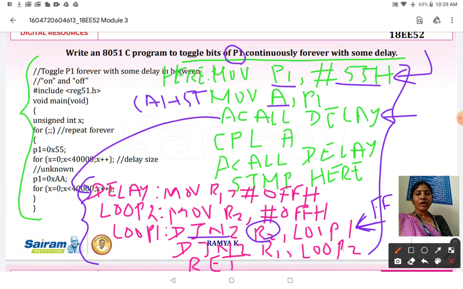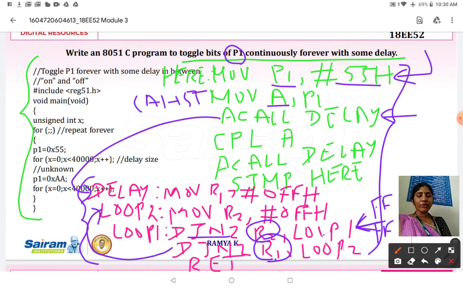So again we are decrementing R1. After decrementing, R1 will be FE. It is not equal to 0. Then if it is not equal to 0, it will go to loop 2. Once it goes to loop 2, this particular line will run for FF times. Because the first time when it is executing, it will go for FF.